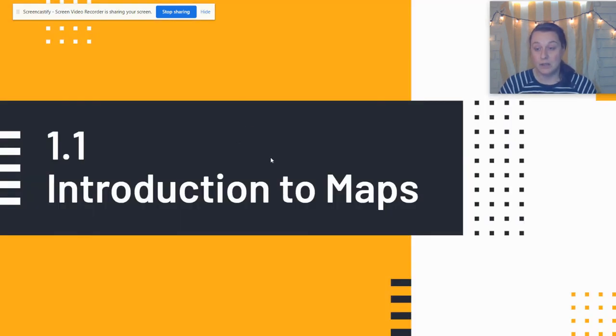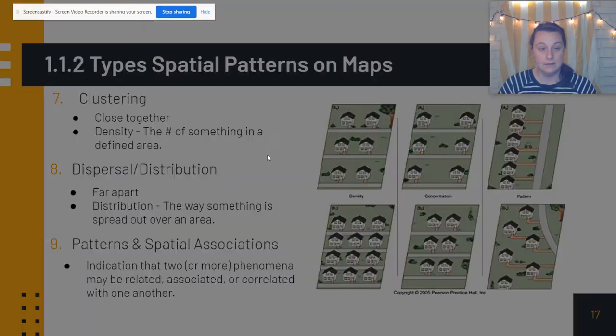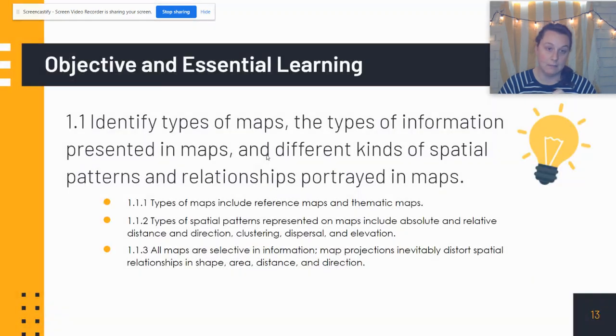All right, so we are all done with the types of spatial patterns that we see on maps. So these include absolute and relative distance, absolute and relative direction, absolute and relative location, and then clustering, dispersal, and those spatial associations are